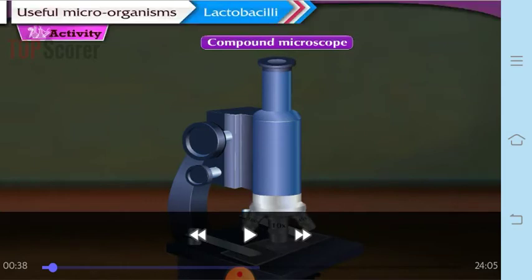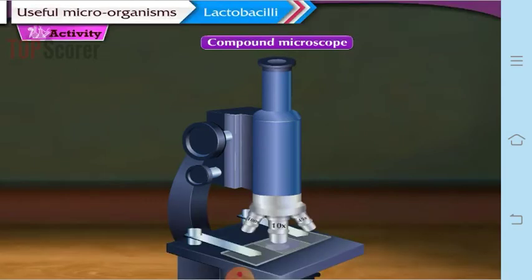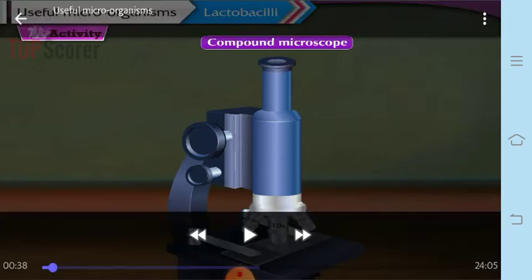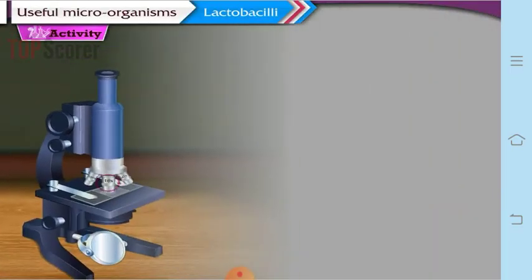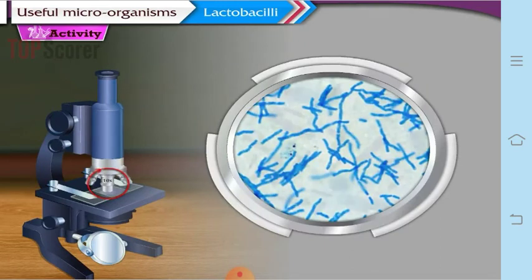Now students, if you remember, the compound microscope has a revolving nose piece and an eyepiece. The revolving nose piece has 3 objective lenses: 10x, 45x or sometimes 60x, and 100x. Whenever we place a slide, we first have to place it under 10x, so as to locate the mount wherever it is. Fine. So when we put it under 10x, it will be seen very small. The magnification is less because it is only 10 into 10, 100 times.